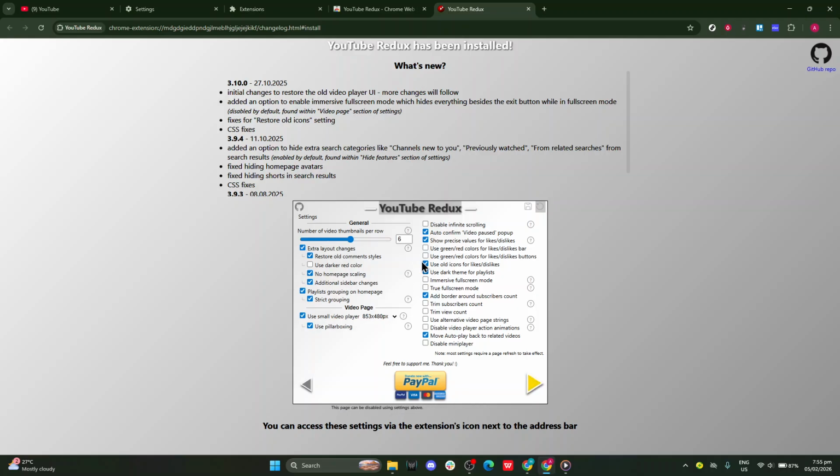If you prefer to explore settings later, you can always return to the extensions options from your browser at any time. That's it. You've gone from YouTube to Chrome settings into the extensions section through the Chrome Web Store and installed YouTube Redux. Take a moment to refresh YouTube and review your new layout and features. Enjoy your updated experience and feel free to fine-tune the settings until